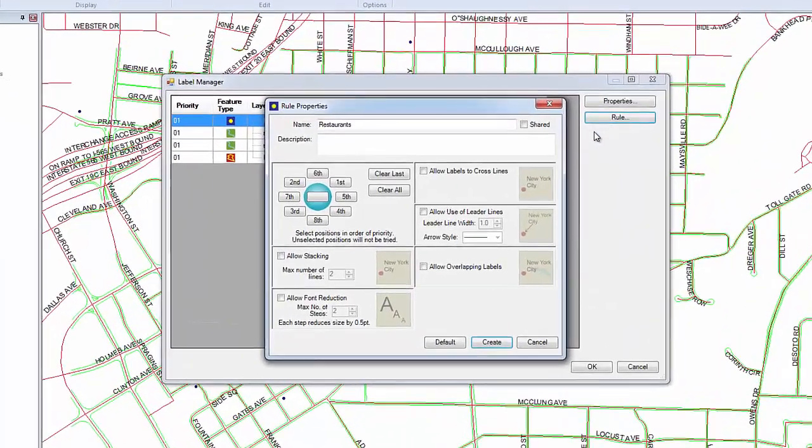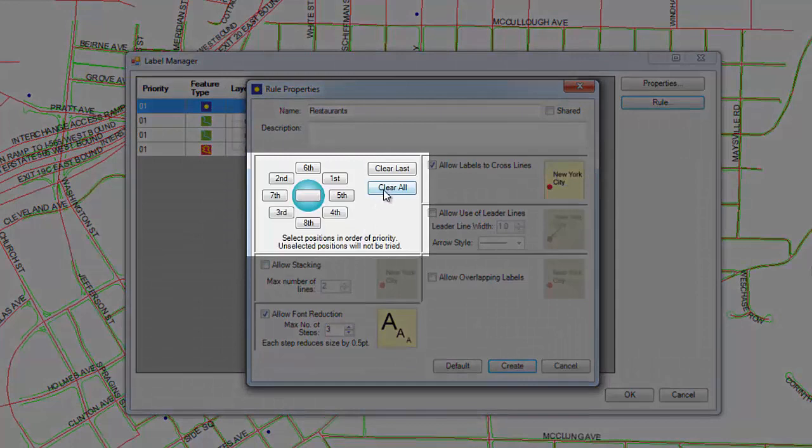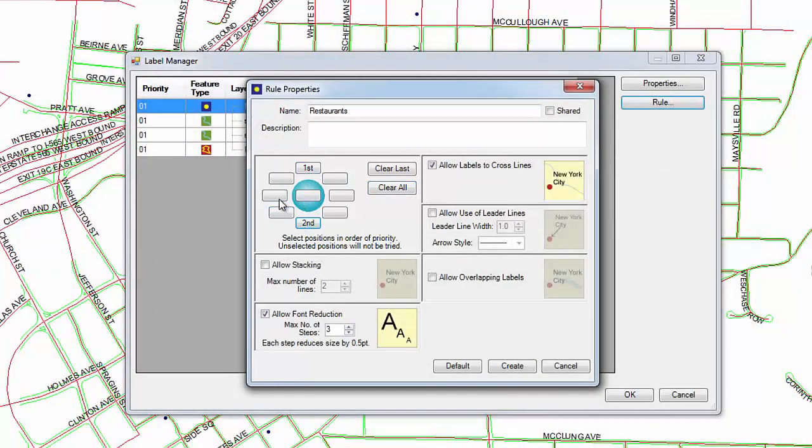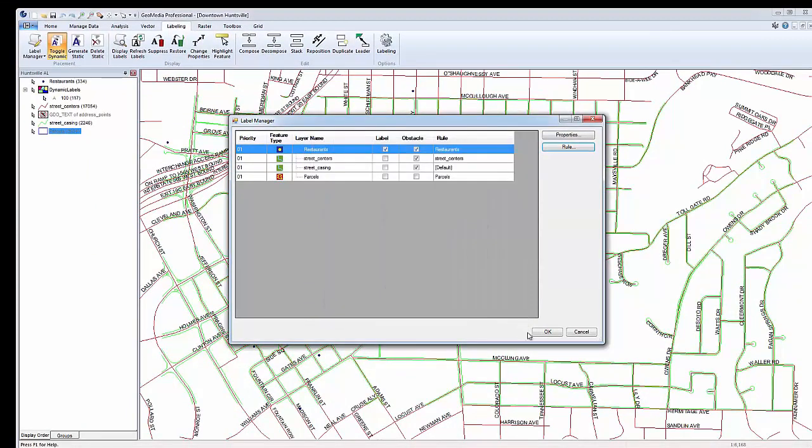Again, stacking, font reduction, crossing lines, leader lines, and overlapping labels are preferences for point labels. On the left, we have the ability to define a placement order preference around the point feature. A default pattern has been defined, but I can clear the default by clicking Clear All. Clicking on the predefined positions allows me to define the preferred placement order. When I'm happy with the settings, I can click Create and OK to the Label Manager, and the labels are